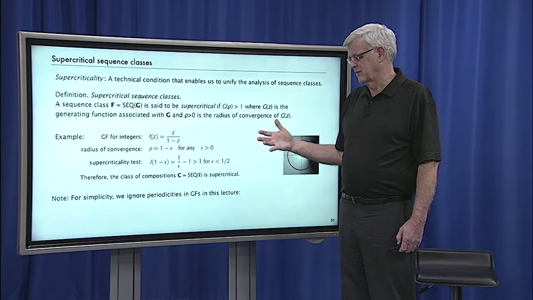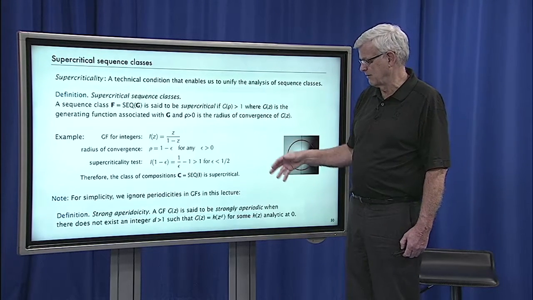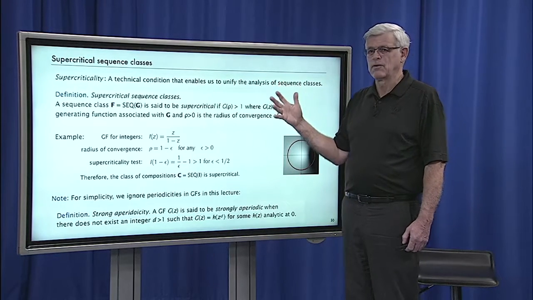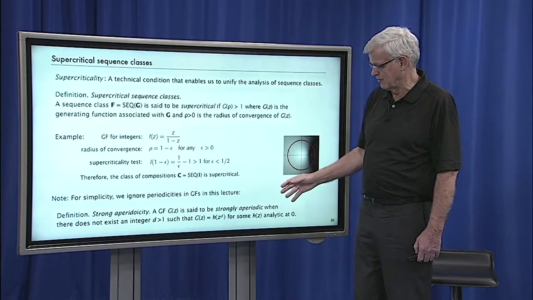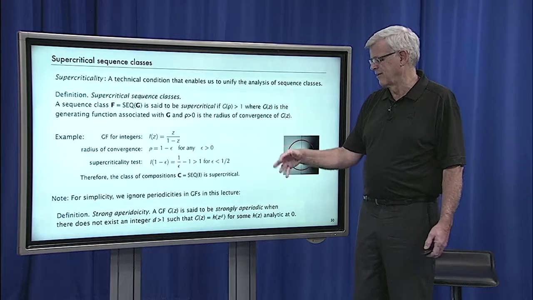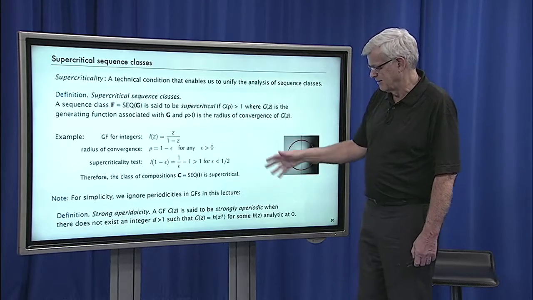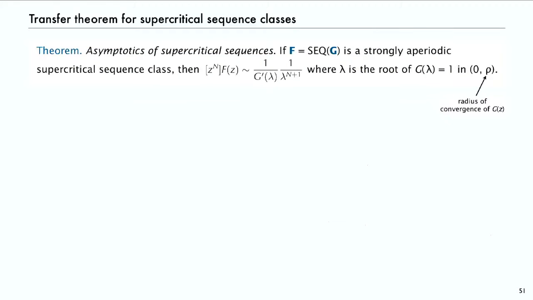Now, in the book, there's a full treatment of what happens when there's periodicities in the generating functions. Just for simplicity, because I really just want to get across the idea of what a schema is, we're going to ignore periodicities in this lecture. And so we have another technical definition called strong aperiodicity that says that there's not going to be periodicities in there. So given those two definitions, now we have a general transfer theorem for the whole schema,